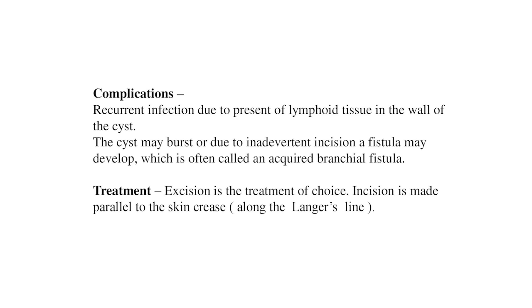To ensure this, the dissection must be made carefully. Some amount of the content may be aspirated before the dissection so that the wall of the cyst may be grasped with suitable forceps without injuring it. Sometimes it extends between the origins of the internal and external carotid arteries up to the pharyngeal wall. Hypoglossal and glossopharyngeal nerves lie deep to the cyst and they should be protected. The cyst usually lies deep to the posterior belly of the digastric muscle. The spinal accessory nerve also lies deep to the cyst and should be protected.